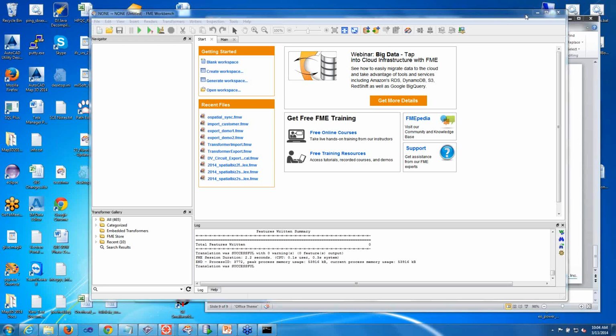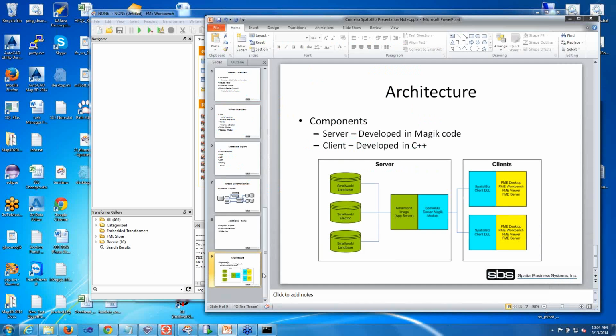So basically, I'm going to do a few little demos of the SpatialBiz plugin, just so you get a feel for how it works and how you use it. I'm going to show one slide just as a startup. This is basically an overview of the architecture of the SpatialBiz